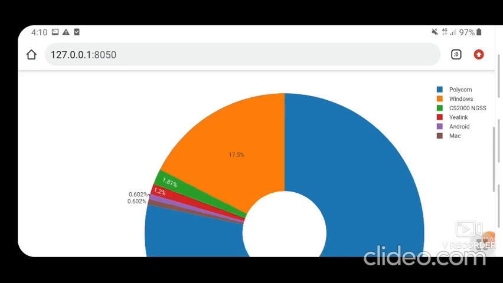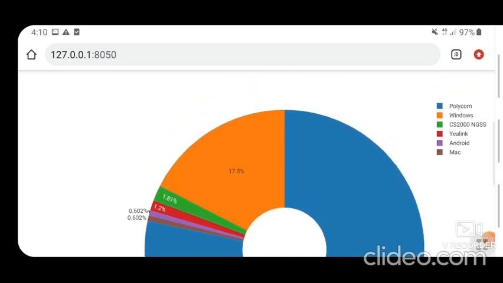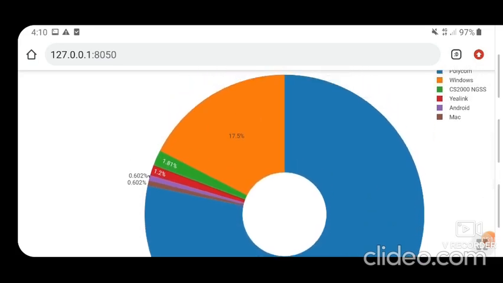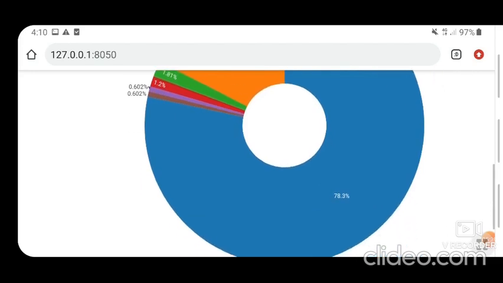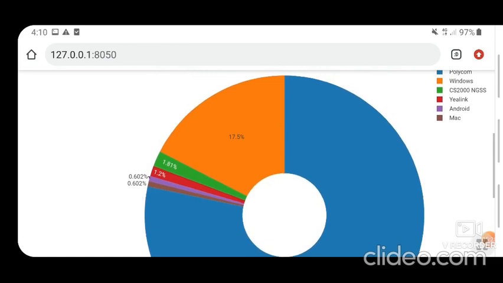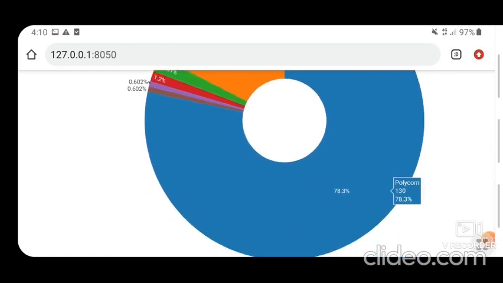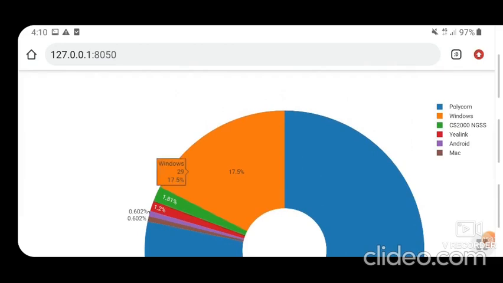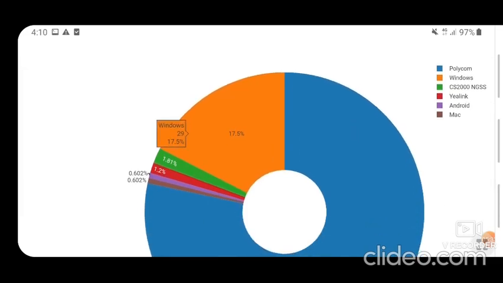So as we can see, the pie chart is developed in which the scale is given with the colors, that is Polycom, Windows, CS2000, and NGSS, E-Link, Android, Mac. Means these were the devices whose percentage count is mentioned in this pie chart. Polycom was used 78.3%, and we can accordingly see here in this manner. That gives the information just by clicking on those sections. Windows 29.17. Accordingly here.